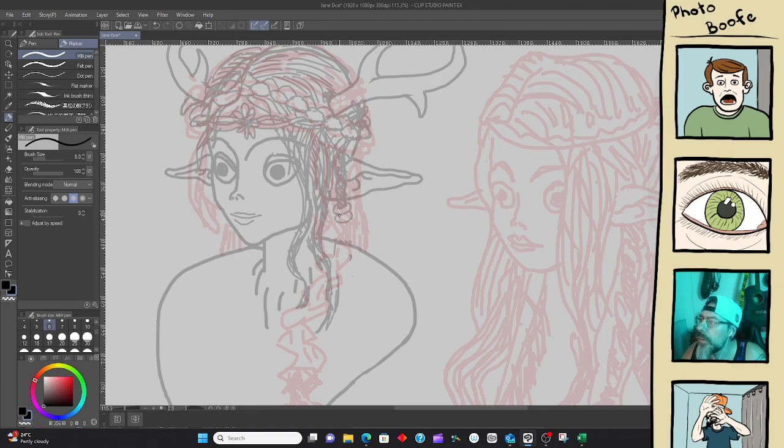And now here we have the feather. Feather's going to have this sort of thing in the center, and be tied to the dreadlock.